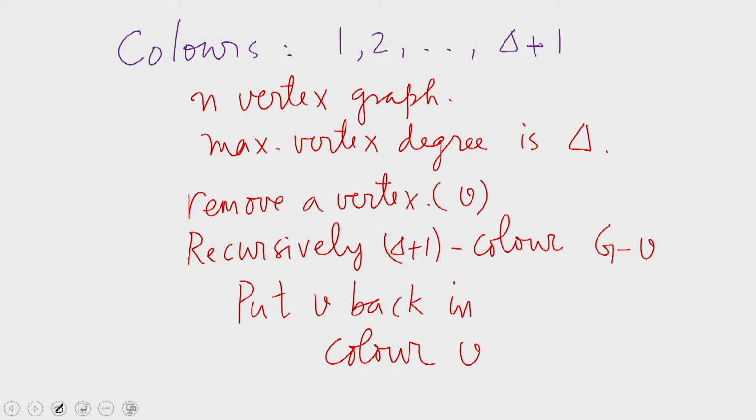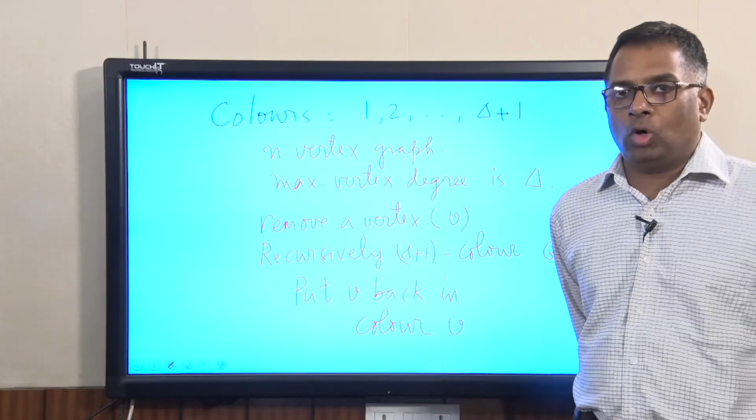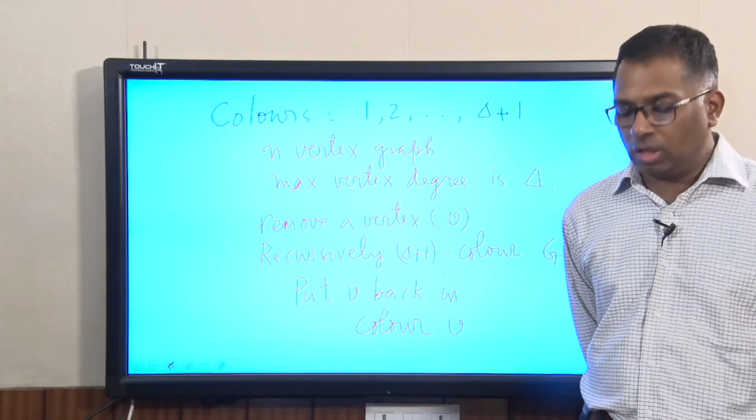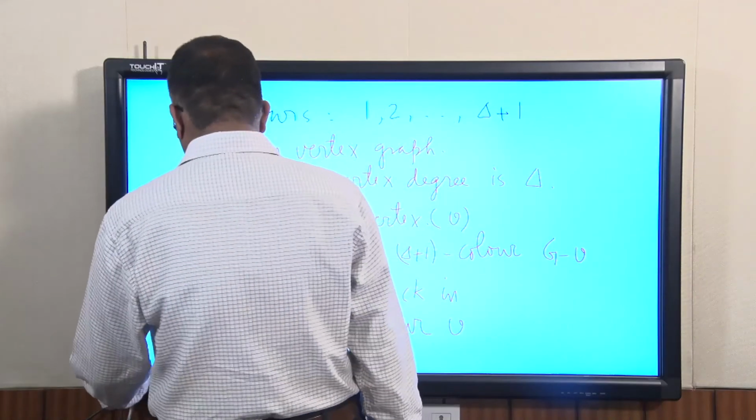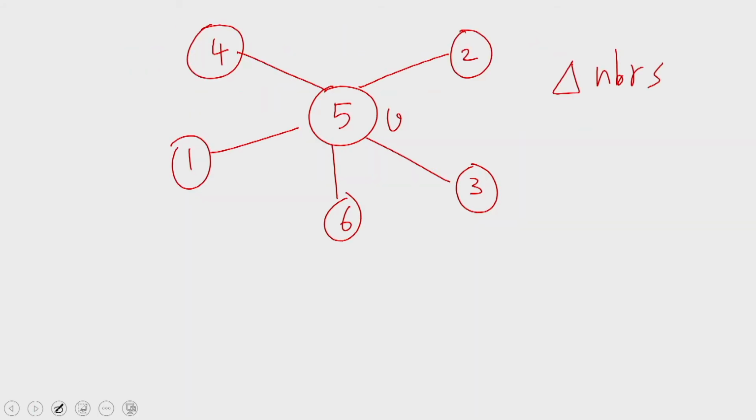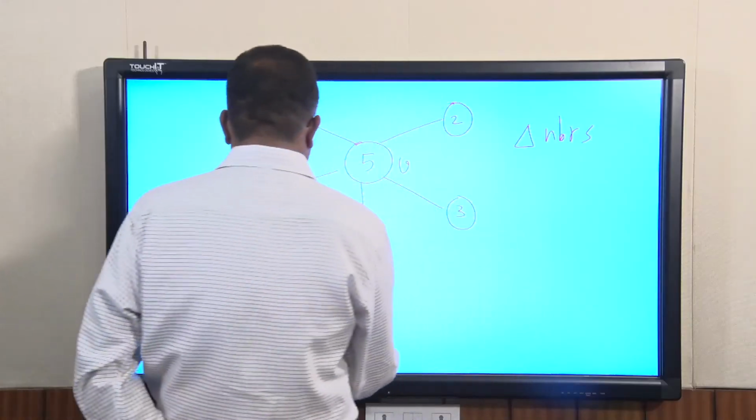So, this is the inductive algorithm. The basis is when all vertices are removed except for one. So, there is only one vertex remaining, and when there is only one vertex remaining, we can give it any color that we want, out of the delta plus 1 colors. So, all this algorithm does is remove the vertices one by one and then put them back in the reverse order. So, the time taken by this algorithm is order of n